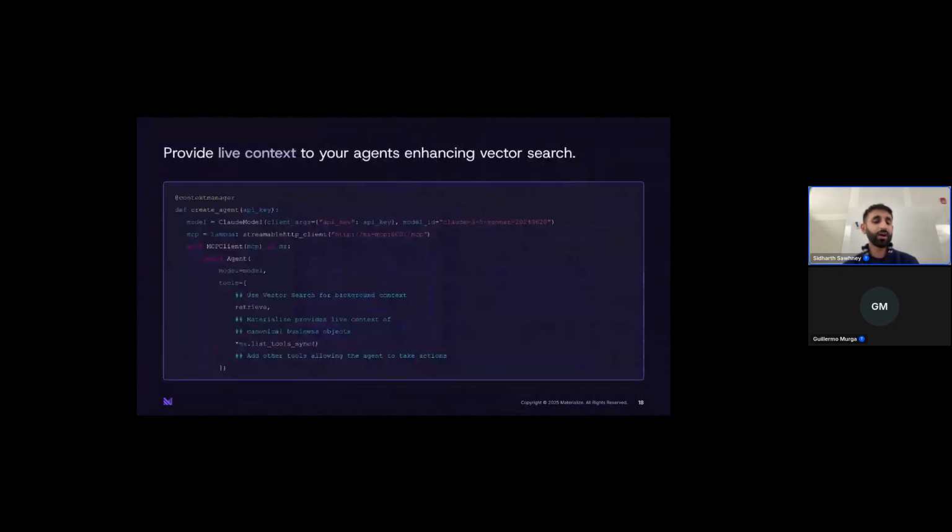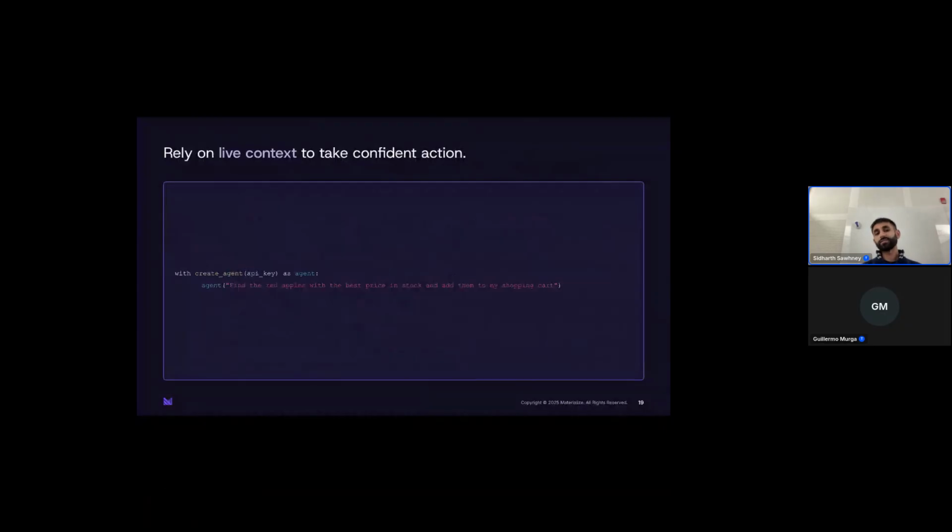So looking at how this would be productionalized, we would give this as a tool to your agents. Your agents might have other tools, such as to retrieve from vector search. They would receive then a tool for Materialize to query Materialize for that live context when needed. And then as consumers of Freshmart